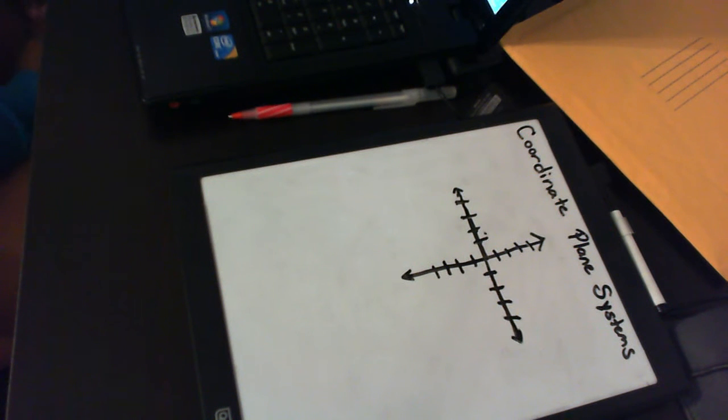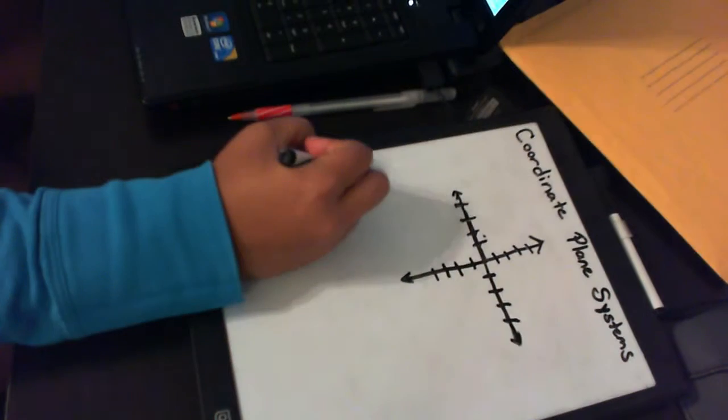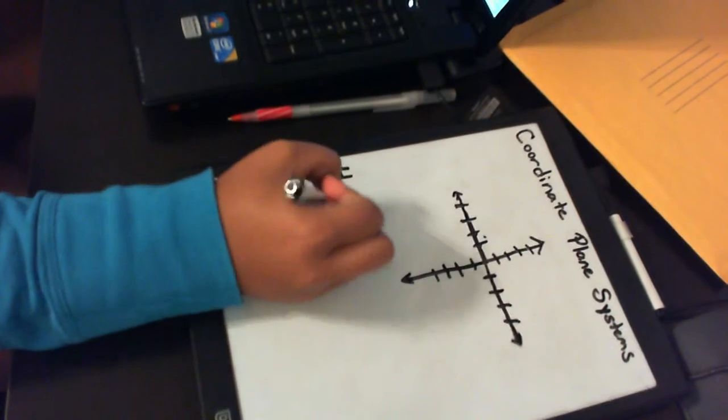So on the board, I have drawn a basic coordinate plane system. It is a graphing system to allow you to know where points are. And when you get in older grades, they'll become very, very important. So the first thing that you need to know is that there are 4 quadrants